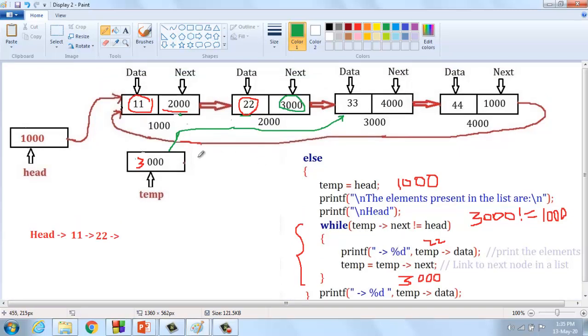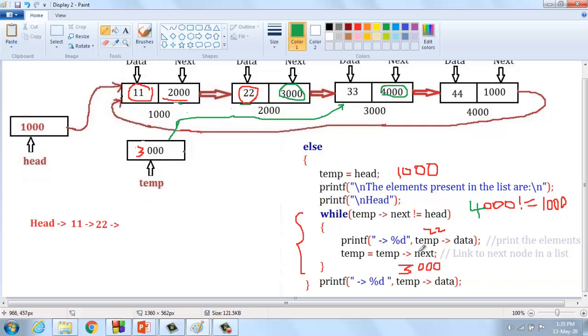While temp of next. What is temp? Temp is 3000. 3000 of next is 4000. Here temp of next is 4000. 4000 not equal to head, which is 1000. Is the condition true or false? The condition is again true. True means enter inside the loop. Arrow %d, that is arrow percentage d, temp of data.